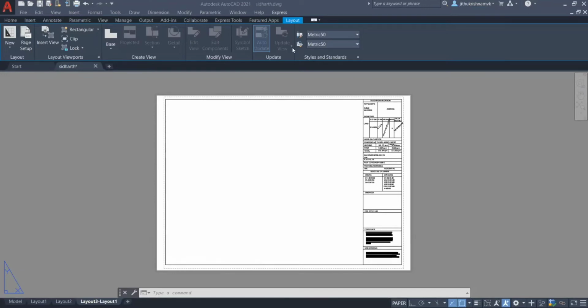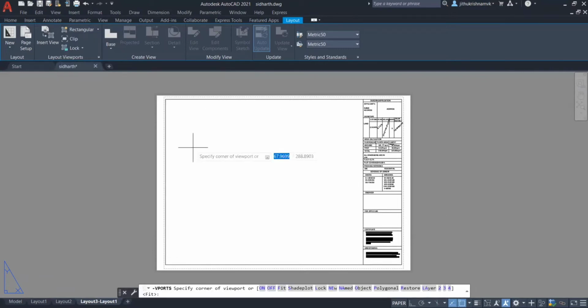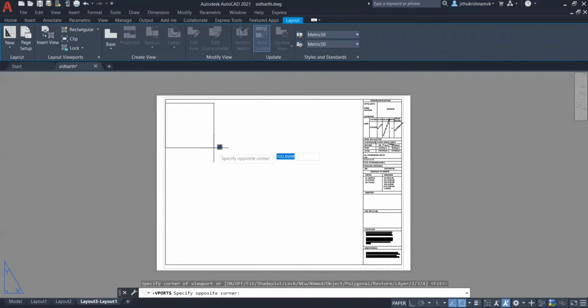Coming to the layout option, as you can see, there are three types of viewports: rectangular, polygonal, and object. First of all, a viewport is the tool which enables us to visualize the drawings in a sheet. So here I am choosing a rectangular viewport.